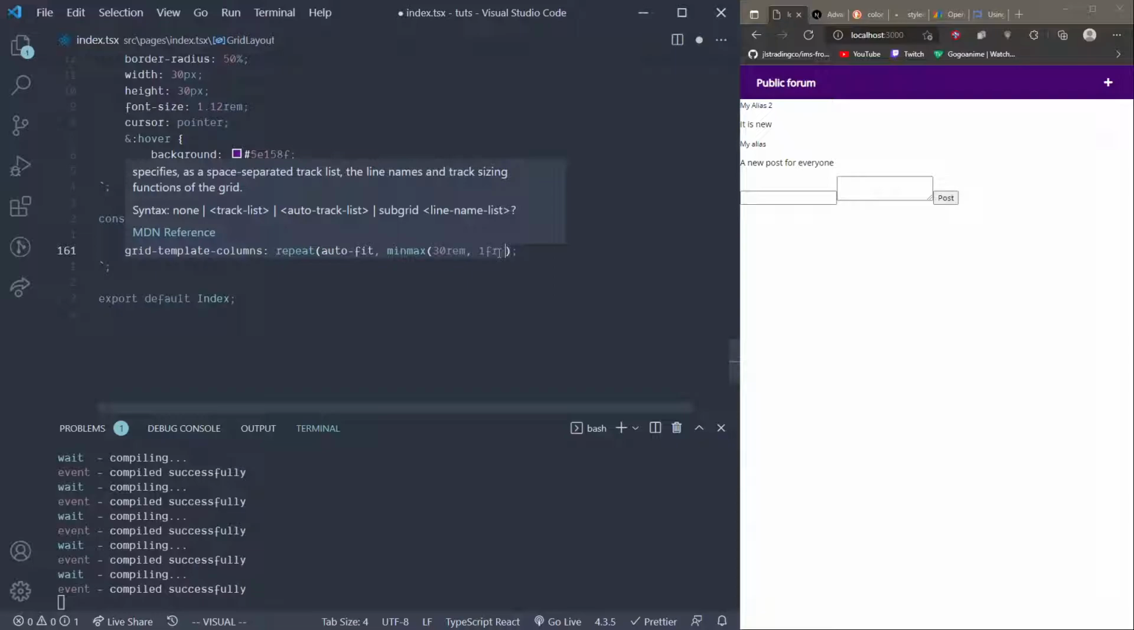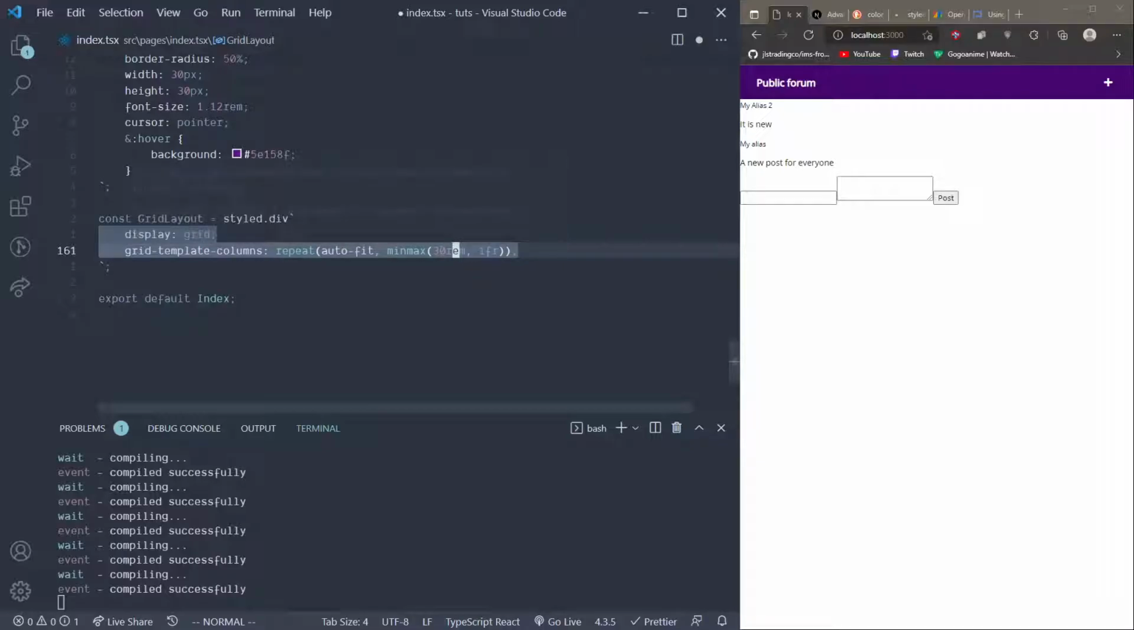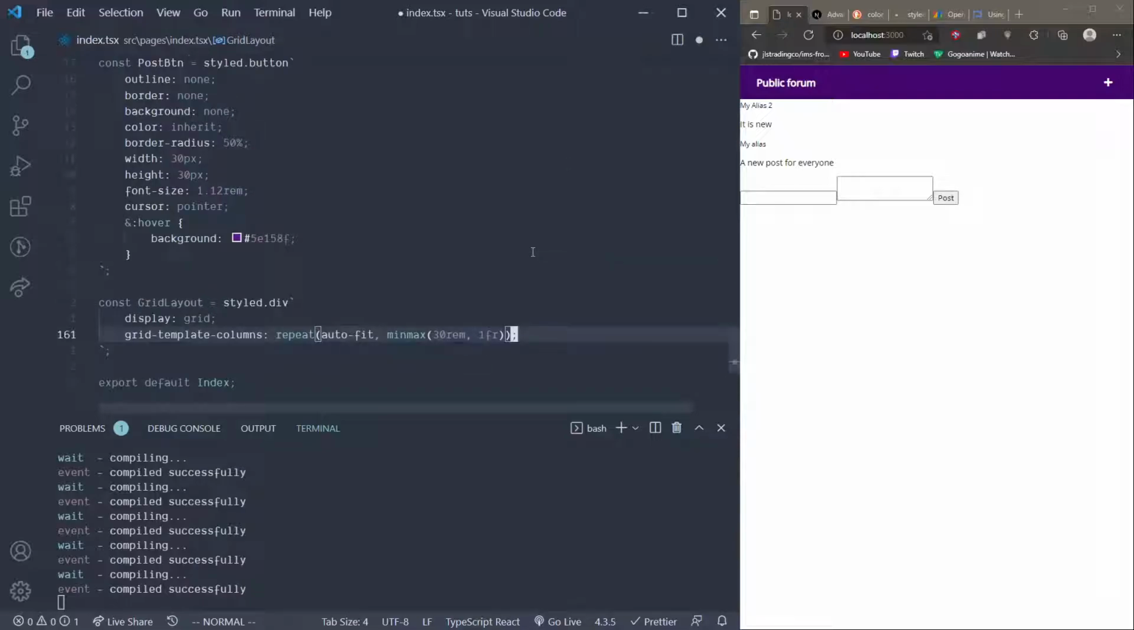So the minimum here would be 30 rem, right? So it means that when it reaches 30 rem, it will not go lower than that. It will stay at 30 rem. And the max of 1fr, meaning that you don't really care how much is left, you just keep on taking that space. So it will keep on doing that as it sees fit. Right, so we have a grid layout